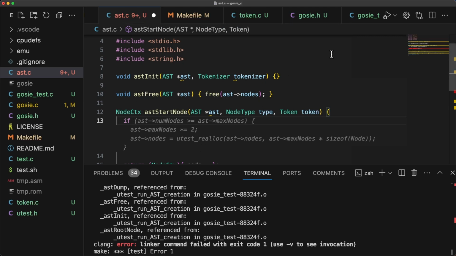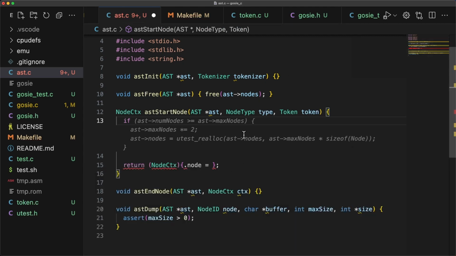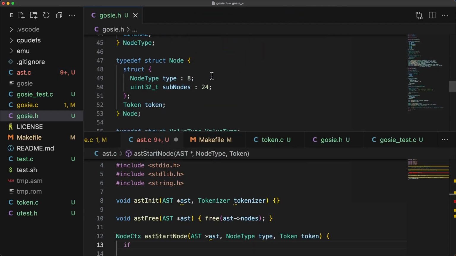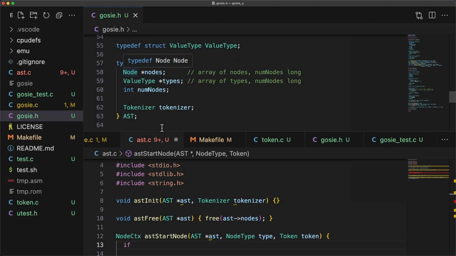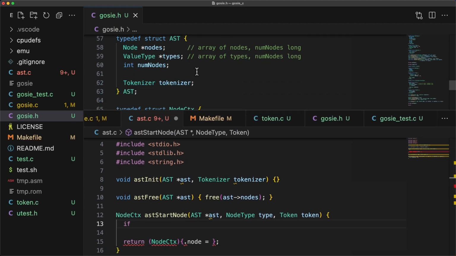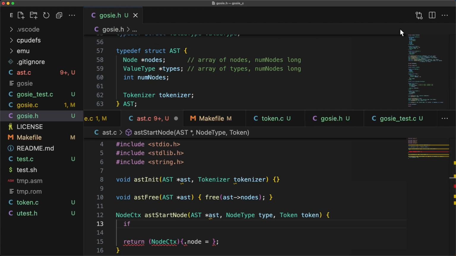I'm going to just split frame this a little bit. So we've got our AST right here. Let's just kind of do this. There's our AST. It would be nice to get rid of this bar so there's more screen real estate. I never look at this bar. Wonder how to do that. I don't know. Anyway,